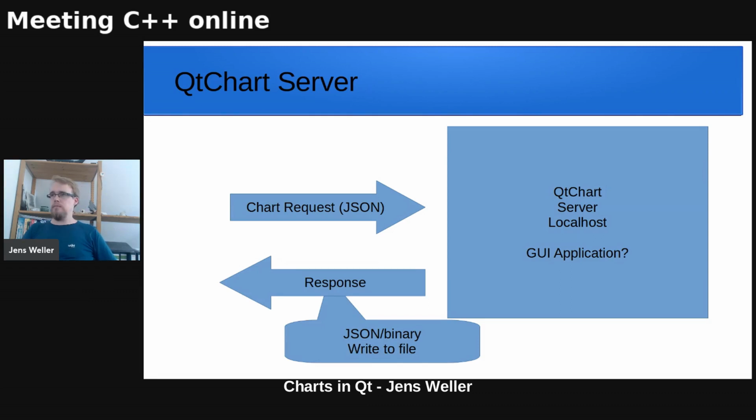And then you would have this application, which probably has to be a GUI application, because the charts are drawn in a UI context, and hence you need to have a UI application. You would then send a chart request, which probably would be JSON, right? And you would get a response. And that could be either writing a custom response, writing it as a binary or as a base 64 string into JSON, or